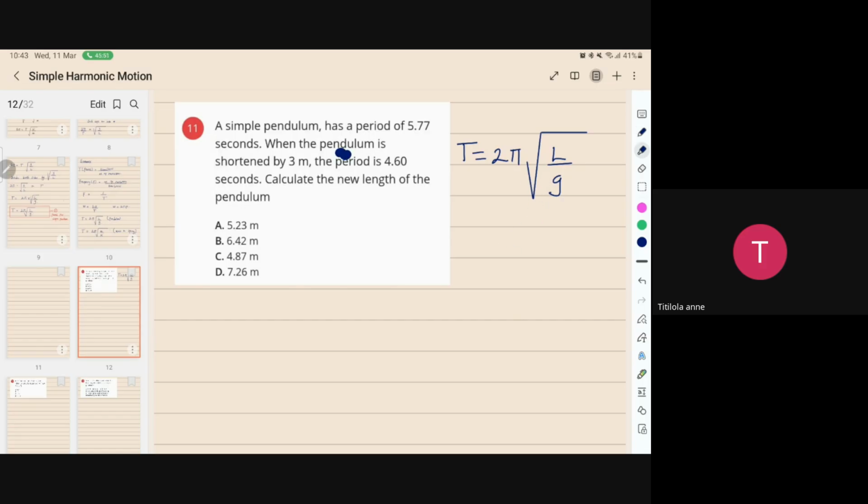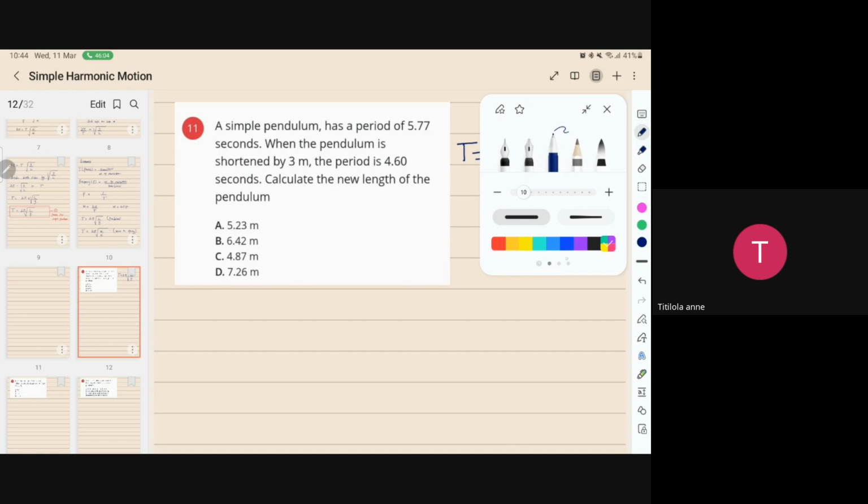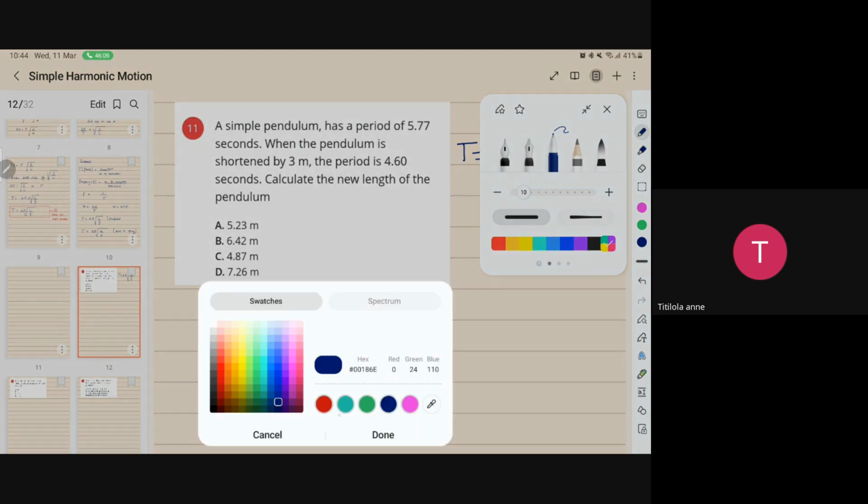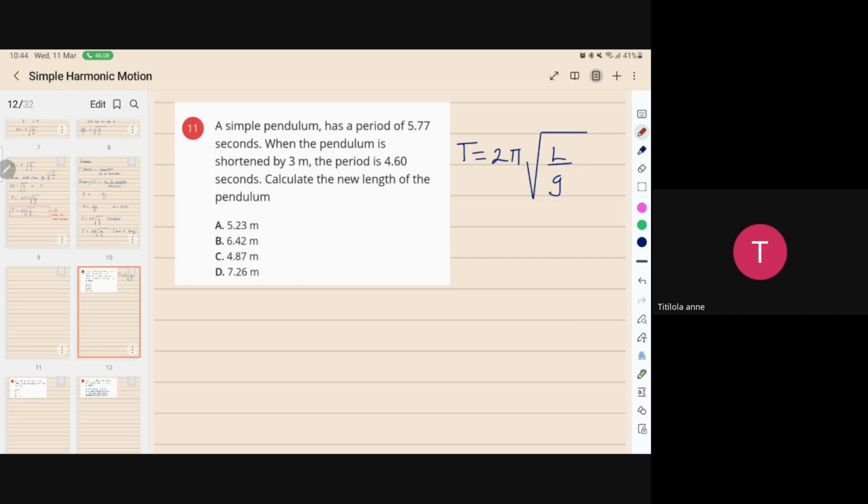Now, but this time around, we have how many pendulums? We have two of them. Is that not so? We have two pendulums. Now, what I didn't highlight in that formula, because I know it might be a bit heavier for us. When you have two pendulums, it means that you are relating them with a particular formula. And what's the formula you're going to use to relate two pendulums? At that point, you're going to have that T1,